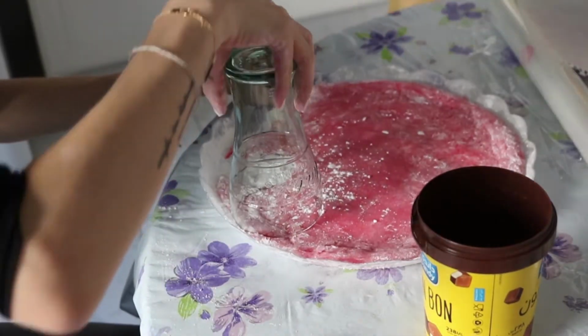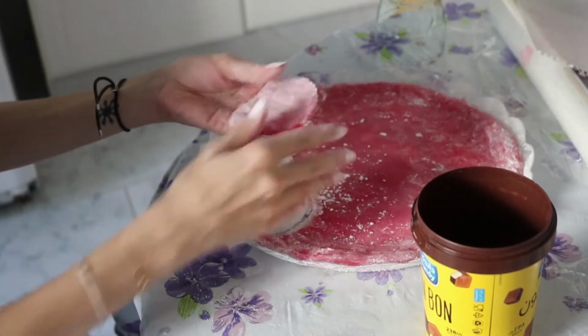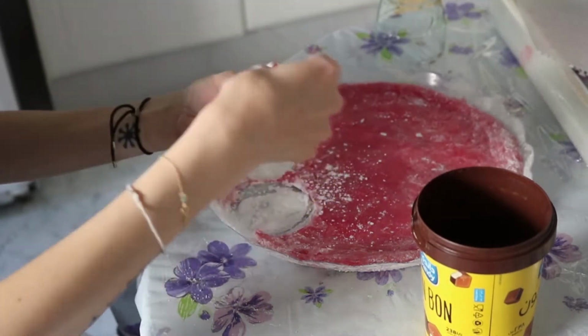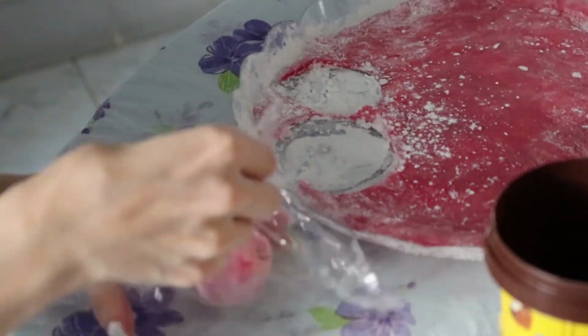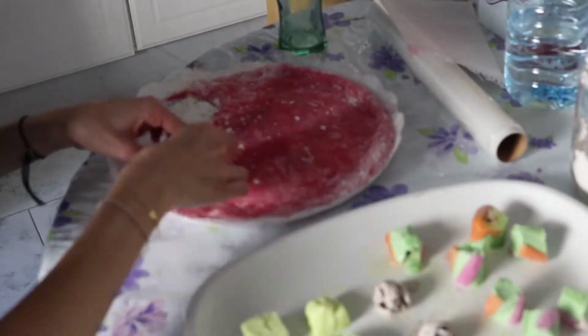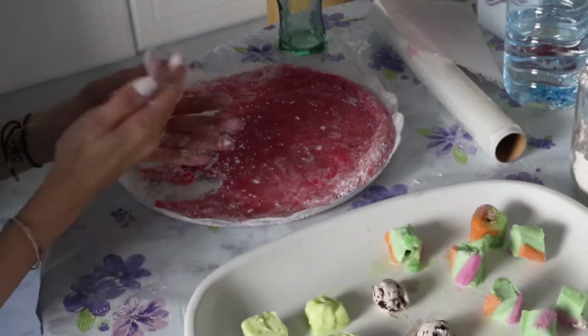And this is the tiring part, guys, because you have to do them one by one because the ice cream melts, the mochi melts. Like, it gets messy, you just have to do one by one. So this took like an hour, I want to say, maybe more. So I had different textures, I had different sizes, because depending on the ice cream I had inside, they weren't